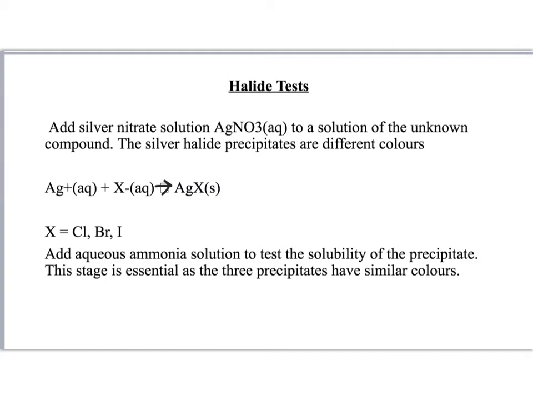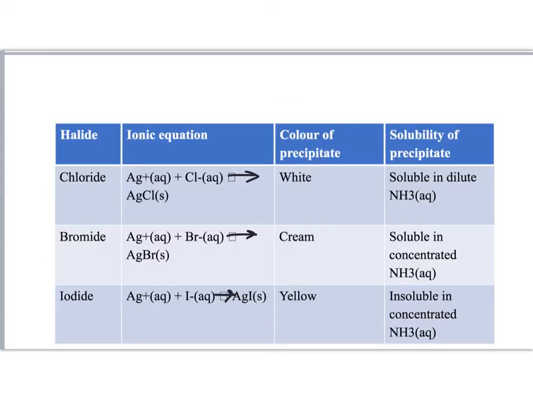precipitate of silver iodide. So in order to distinguish, we add aqueous ammonia solution to test the solubility of the precipitate. And so on the next slide, we will just have a look at those equations and colours of the precipitate. As you can see, I've detailed the colours of the precipitates there, and also the solubility of the precipitate in ammonia solution. Silver chloride will dissolve in dilute ammonia, silver bromide will be soluble in concentrated ammonia, and